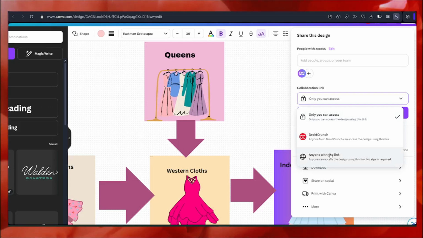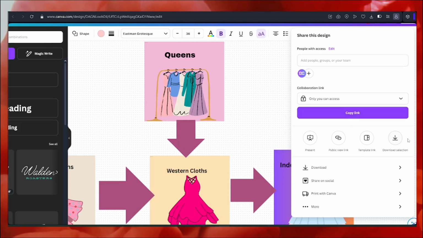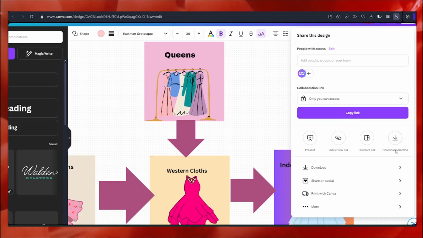And you can give different types of accessibility limits. So people can only view this whiteboard, or a person that has this link can comment on it, or they can edit it as well. You can also click on copy link. This is where you can click on copy link and make a public link. Usually public links are not necessary for most whiteboards, and then you also have the option to download the whiteboard that you have created.